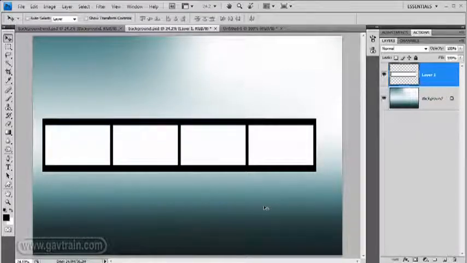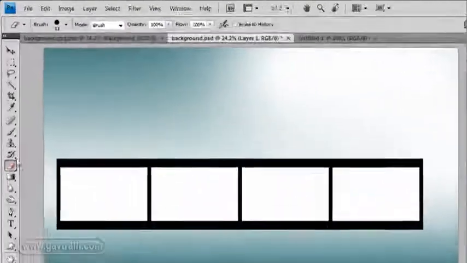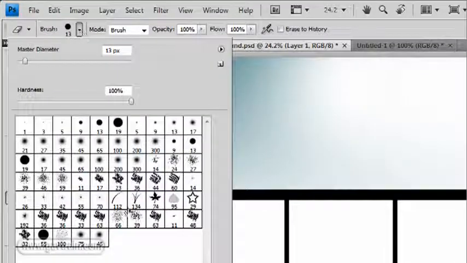But if you ever remember working with film, and I did it for many, many years, you'll know that film had little holes, little rebate holes running along the top and bottom. So we've got to add those in as well. And we're going to do that with the eraser tool. So let's grab the eraser tool and we're going to come up to our brushes and we're going to find